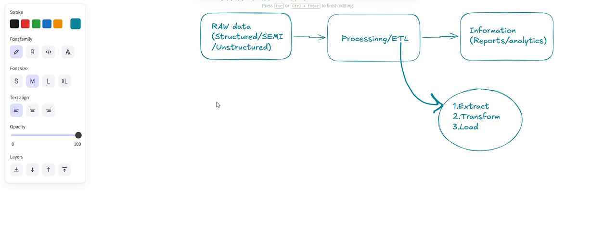This is basically one example of real-time data engineering in which we are storing different transactions into a database.